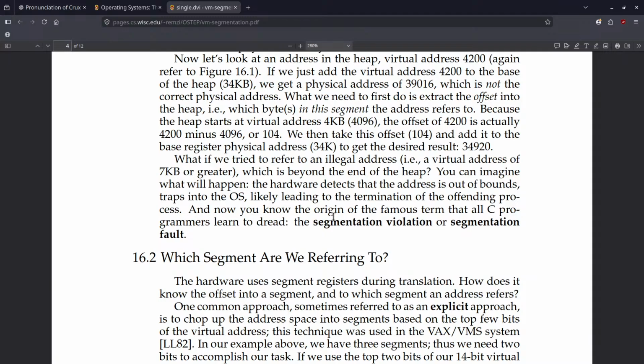Which segment are we referring to? The hardware uses segment registers during translation. How does it know the offset into a segment, and to which segment an address refers? One common approach, sometimes referred to as an explicit approach,